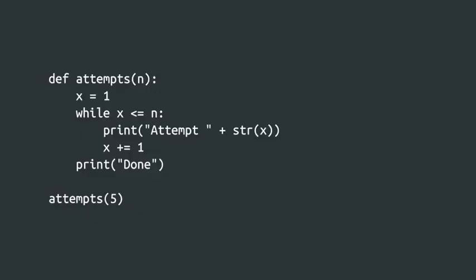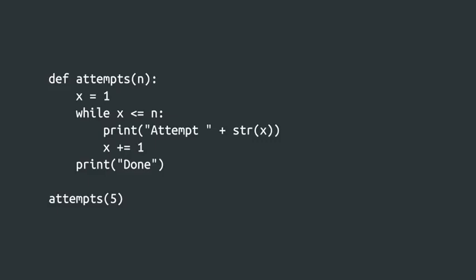In the last video, we saw a very simple example of a while loop. We looked at the basic syntax of the loop and how it works. Let's now apply this knowledge to a similar example, but this time with a while loop inside a function. Can you work out what this function does?